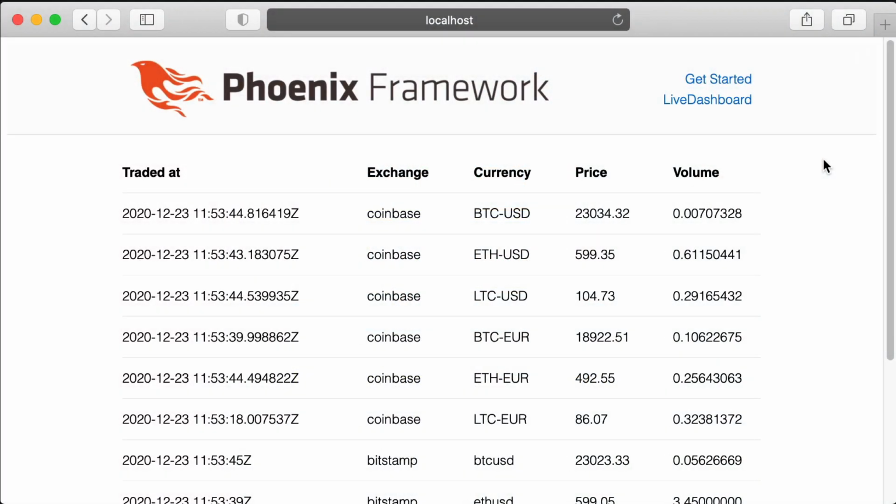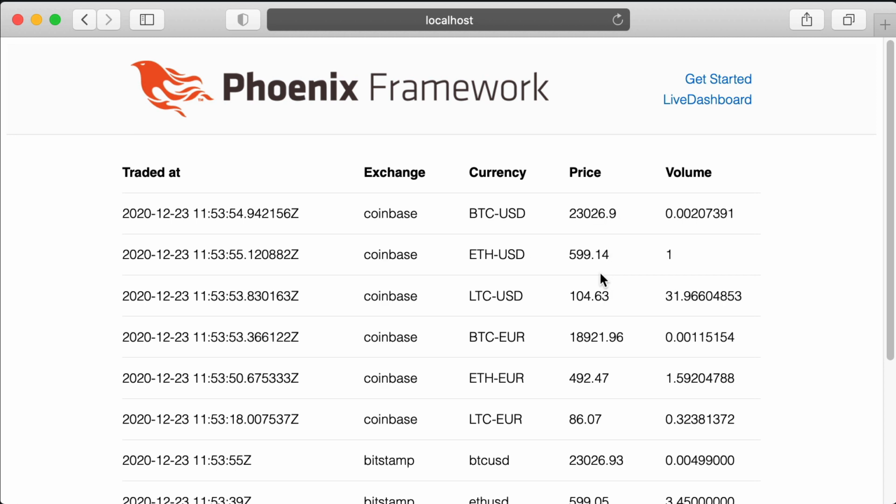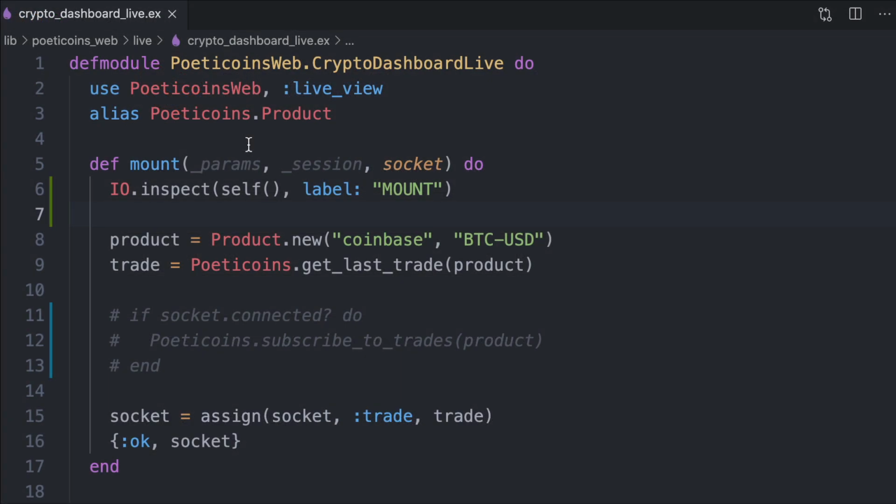In the previous lesson, we got a taste of LiveView's magic. In this lesson, we are going to see how LiveView really works and what happens behind the scenes when a user connects. Let's start with a simplified version of our dashboard, a view that renders only the Coinbase BTC/USD